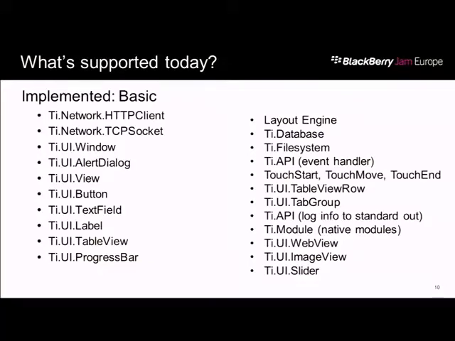So what's implemented today? There's a whole host of APIs available today. So you have the beginnings of making a really solid Appcelerator application that's going to be supported on BlackBerry 10. And if you have existing Appcelerator applications, you can start mapping against these and see what parts of your application will be able to be ported and what parts may still need some additional functionality to be added. I'm not going to go through each and every one of these,